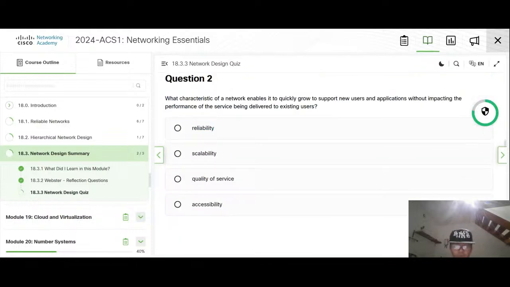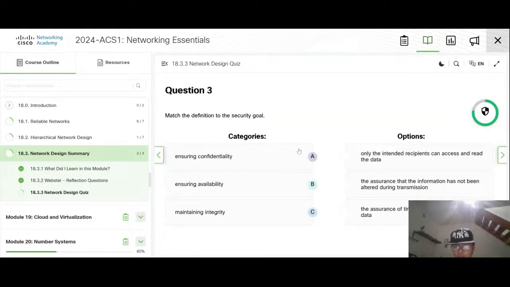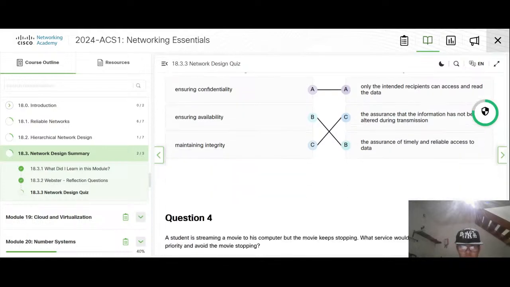Okay, this was what we actually learned. Impacting the performance. Okay, confidentiality, availability, and integrity, which is to be altered during the transmission.